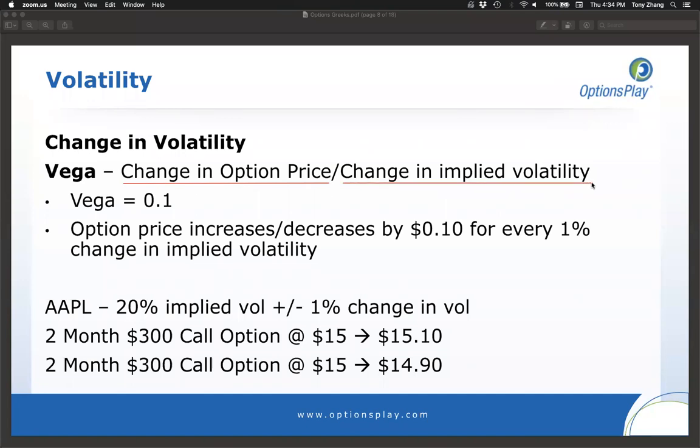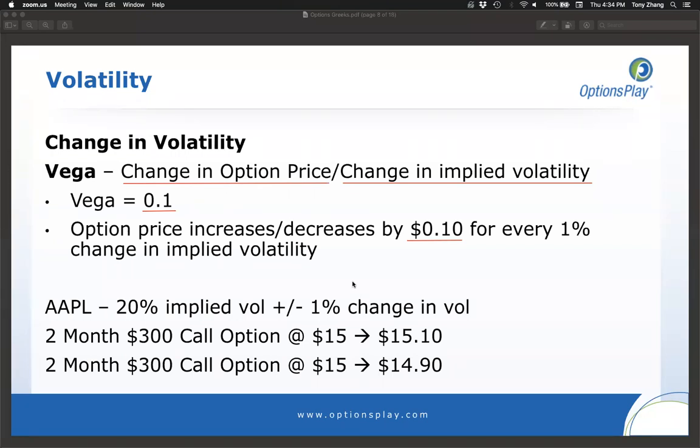So when you hear about people saying that they sell options when vol is expensive, they buy options when vol is cheap, what they're really doing is they're either going long or short Vega. So Vega of 0.1 tells me that the option price will increase or decrease by 10 cents for every 1% change in implied volatility. Now, I know this is a mouthful,